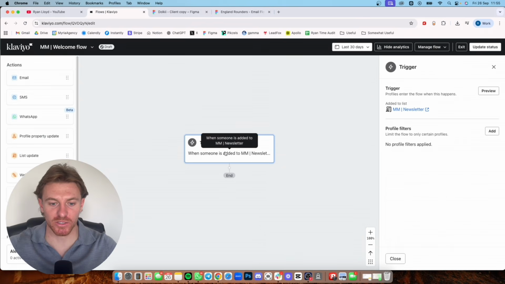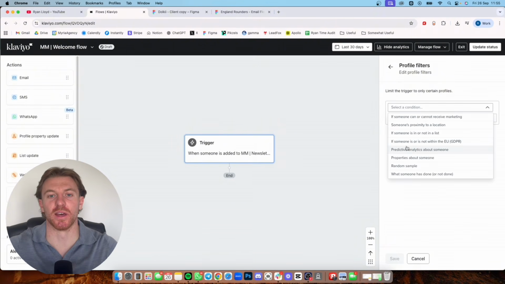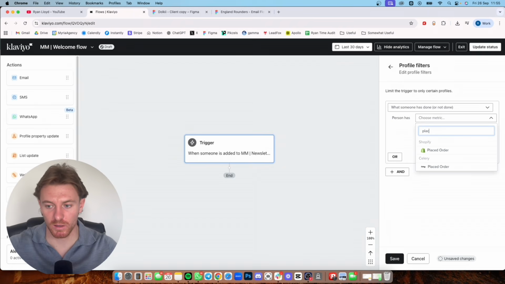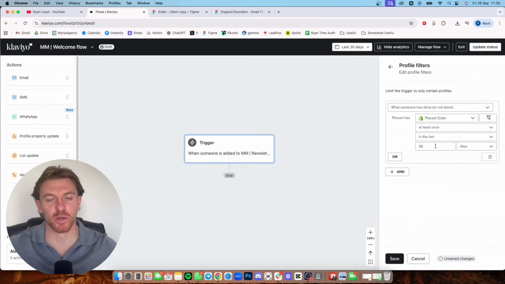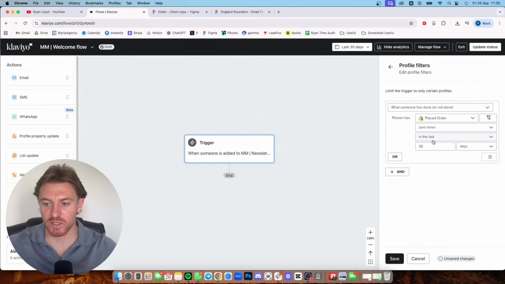Before we got on a little bit of a tangent, if we click this trigger at the top, we want to add a profile filter. What this is going to do is set a condition so that people will stop receiving your emails once a trigger has happened. So we want to make sure that placed order, which means they've confirmed the order, they've actually purchased something, they want to then be removed from this flow because then they're going to be transferred into the post-purchase flow and they're going to stop receiving this as well. So place order 0 times in the last, you can just go